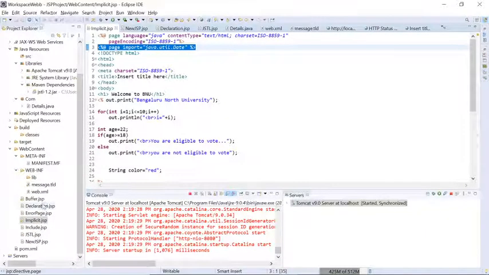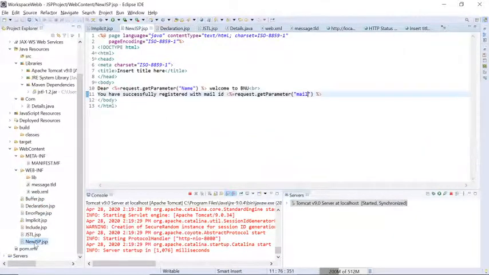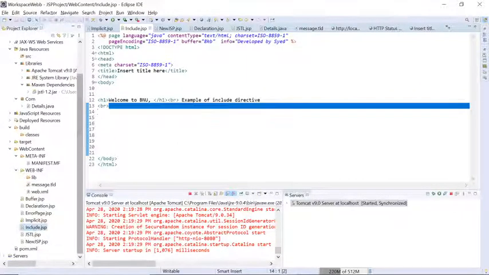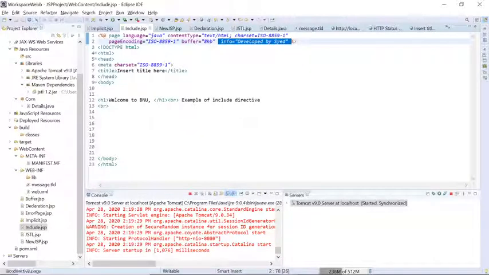I just go to a declaration part, a new JSP. You can check out I have used the info here. What it does is set some information about the servlet.